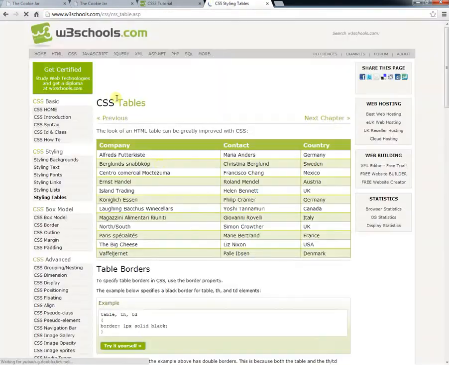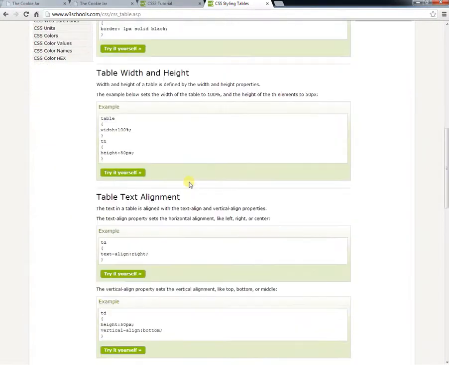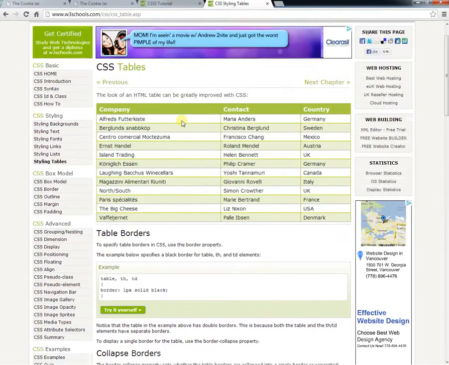Alright, styling tables. There you go. So you have all of your styling tables here. We're going to use one called width. You could try it yourself. Alright, so that's how you find